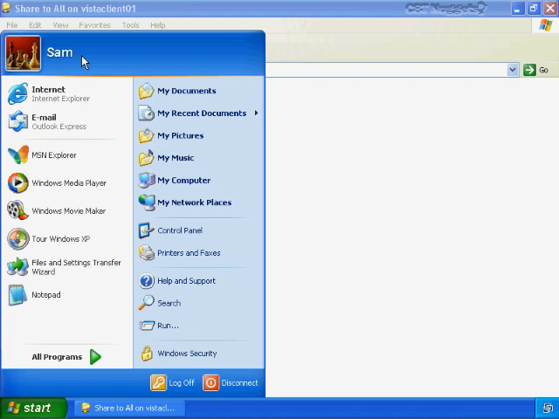Now, without getting into a lot of complexity with this, this is also a local computer account named Sam that I created on this XP computer with the same exact password as the user account that I created on the Vista computer that you saw me create earlier. And the reason why I did that is because when the account is created locally, it cannot be used somewhere